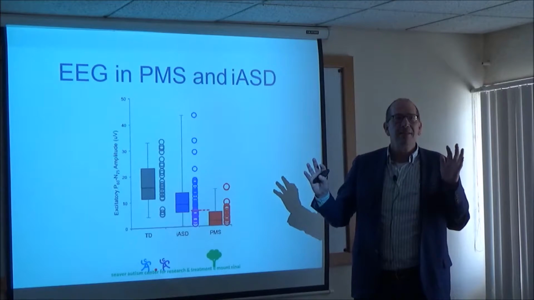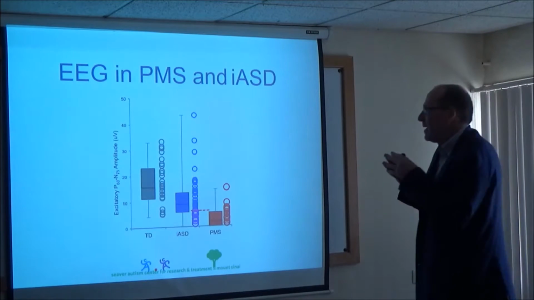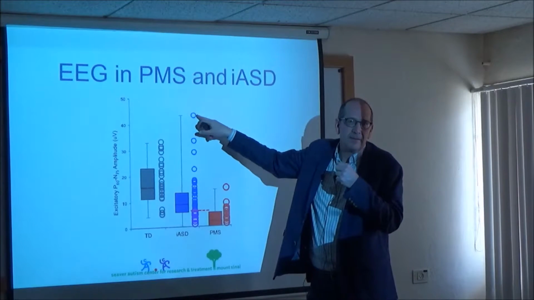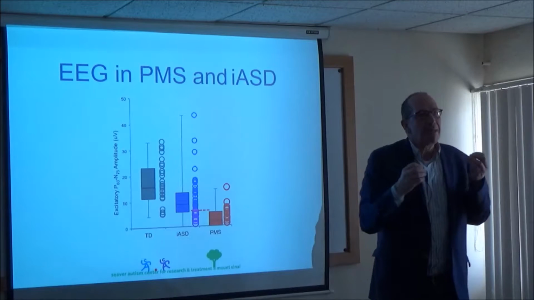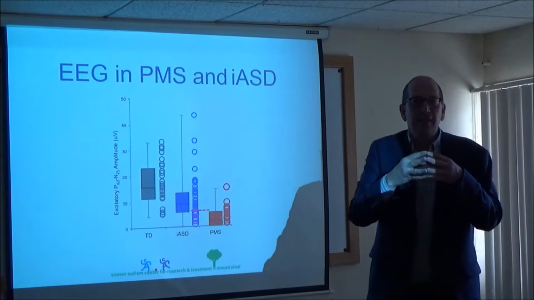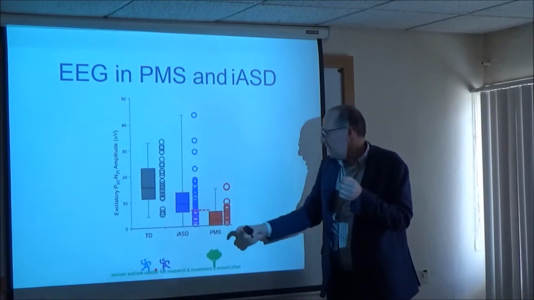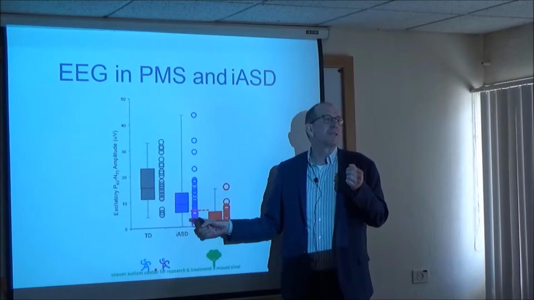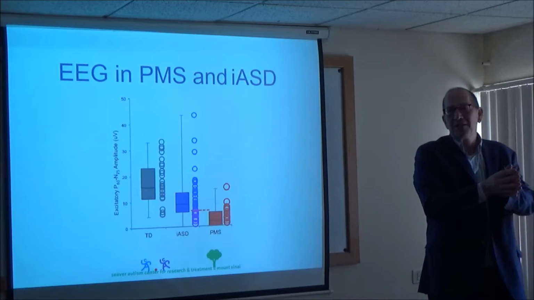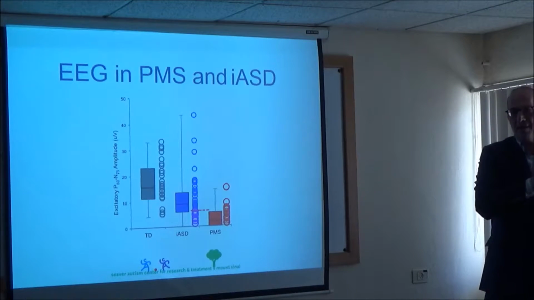Doesn't mean that it's the same mechanism, but at least it's more likely that the neurobiology here is more similar to here than to the neurobiology here. Okay? So we can use biomarkers from rare disorders and potentially use them to subgroup larger groups of autism. And so the argument would be, if a drug works here, maybe it'll work in this subgroup here. So I don't think we have to give up on idiopathic autism, even if we're focusing on rare disorders. It's just an entry point into the broader spectrum.